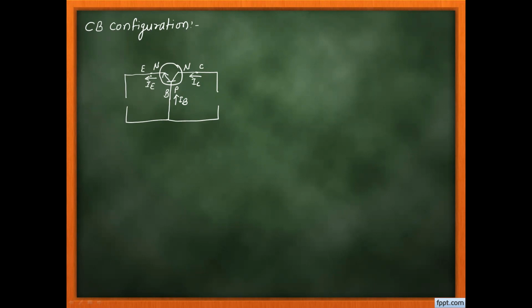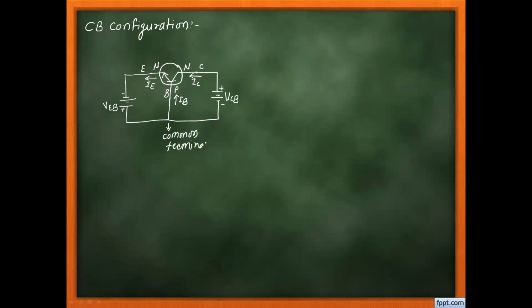So when I want to connect the emitter to base in forward bias, this N region we have to connect to the negative terminal, and this P region we have to connect to the positive terminal. So I say this is the battery VEB. Now the collector to base junction we need to connect in reverse bias, so this N region, the collector region, we connect to the positive terminal of the external battery, and the base we connect to the negative. So the battery is VCB. Get it, my point?